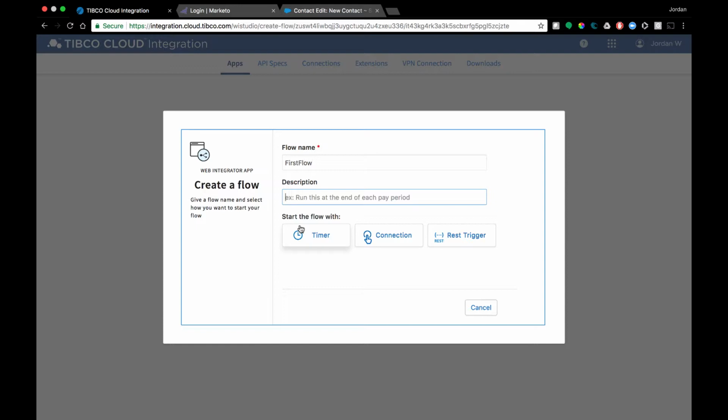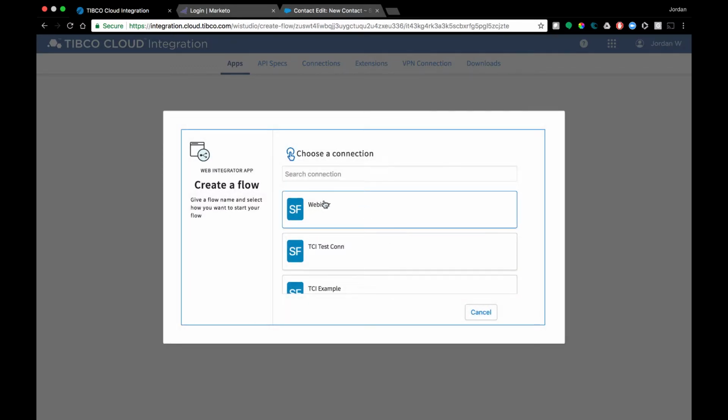And we can see there's three different ways to run this information. The first one is on timer, so if you wanted this data to update on a batch process every day, every hour, every minute, that would be the way to do it here. The second one is a connection, which is the one we're going to choose, which is a live connection. So when that data is updated within Salesforce, you have the ability to update that information in that Marketo application in real time. Lastly, you have the ability to create a REST trigger. So every time an API call is made, that will trigger this particular flow.